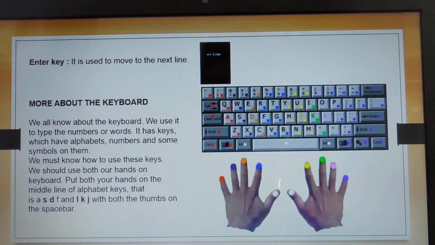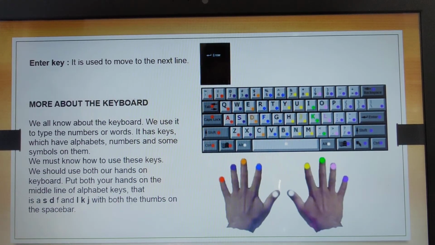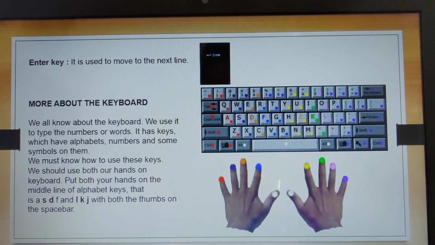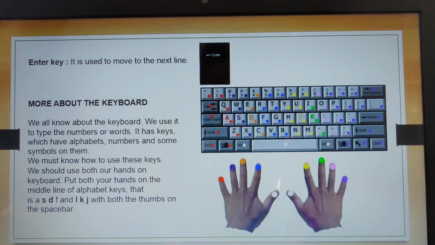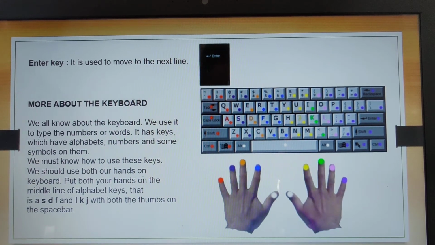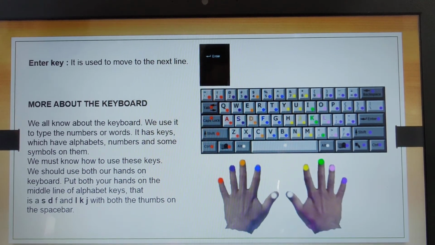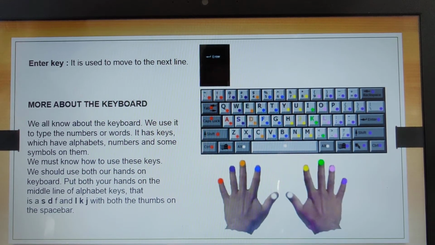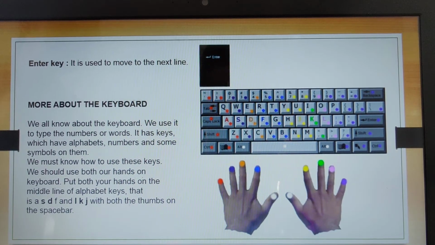Now can you see your keyboard actually? And the colored fingers, the nails, what are they? You can see some red color, blue color, purple, yellow, white. Okay, different colors are there on different nails. What is this for? This is for using those fingers on those particular letters on the keyboard. You must know where to place your hands, right? And how will you know that? We always have to make sure that our hands are placed in the middle row of the alphabetic keys, that is A, S, D, F, G, H. Okay, that side semicolon, L, K, J.